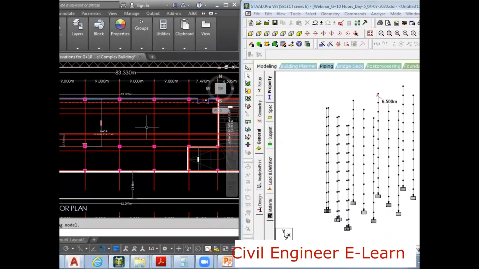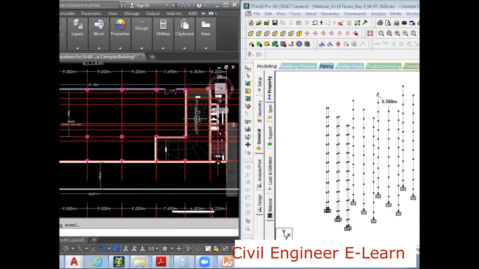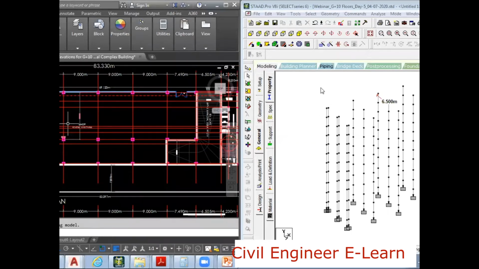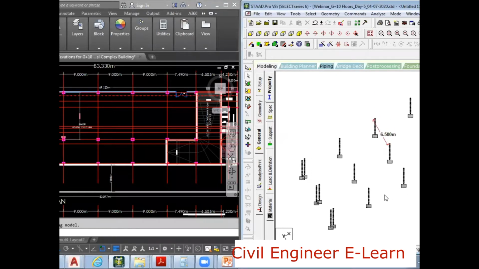So what is happening now? This is the ramp area, and I don't want to continue these ones, right? I'm using arrows here just to understand.